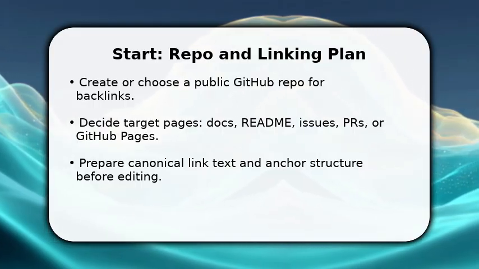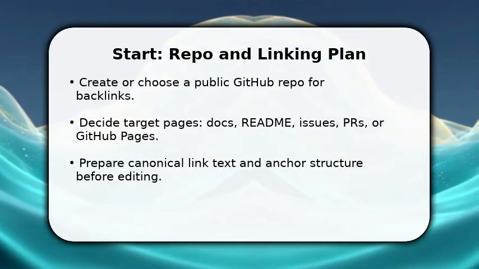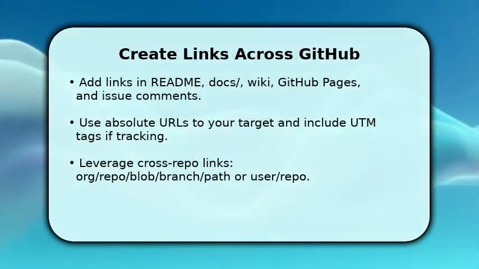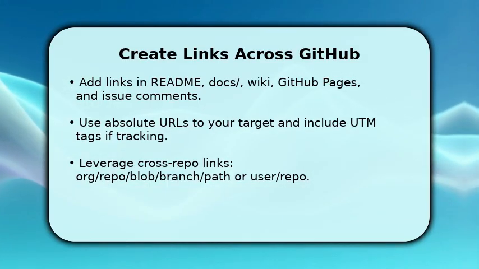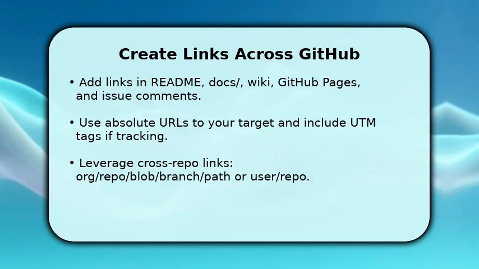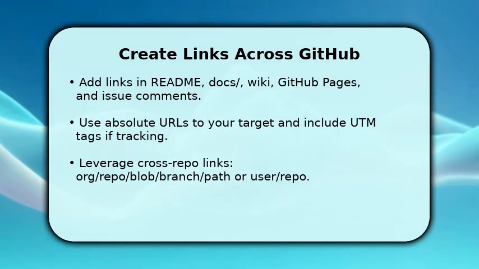Next, implement backlinks across multiple GitHub surfaces to amplify signals and accessibility. You should add absolute URLs in README files, docs folder pages, wikis, and explanatory comments on issues or pull requests. Absolute links ensure consistency. Once done, use consistent anchor text and consider UTM parameters for analytics so you can measure